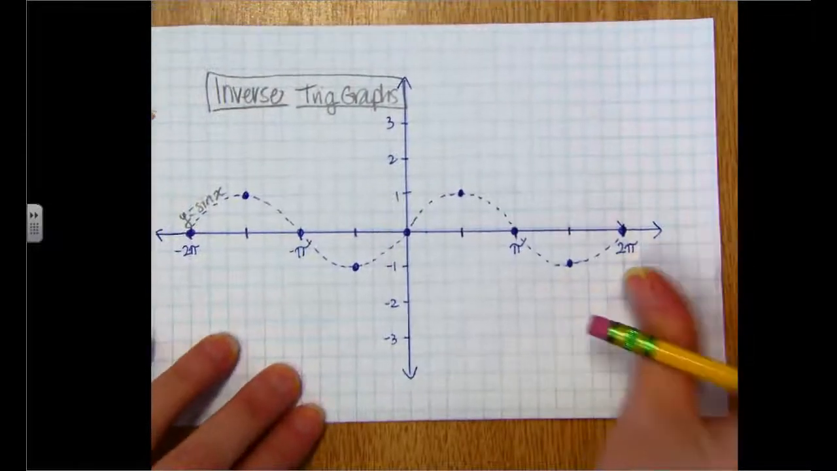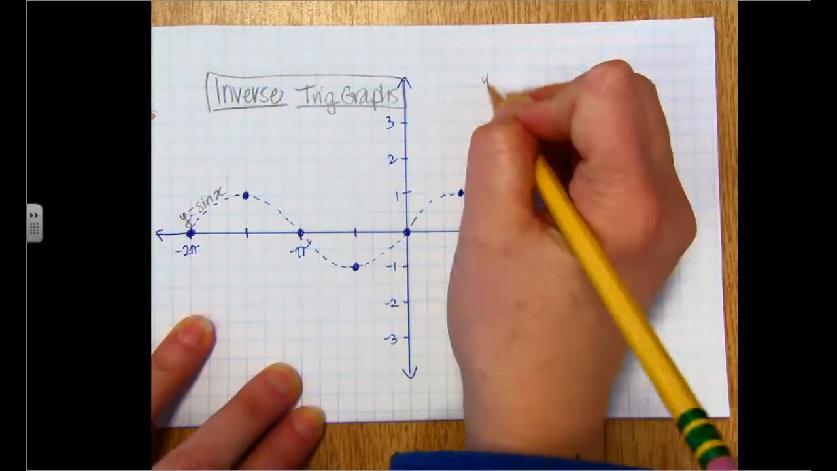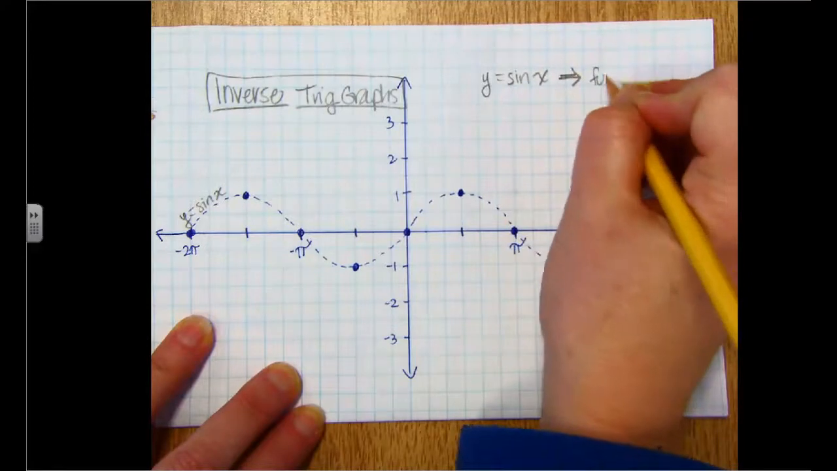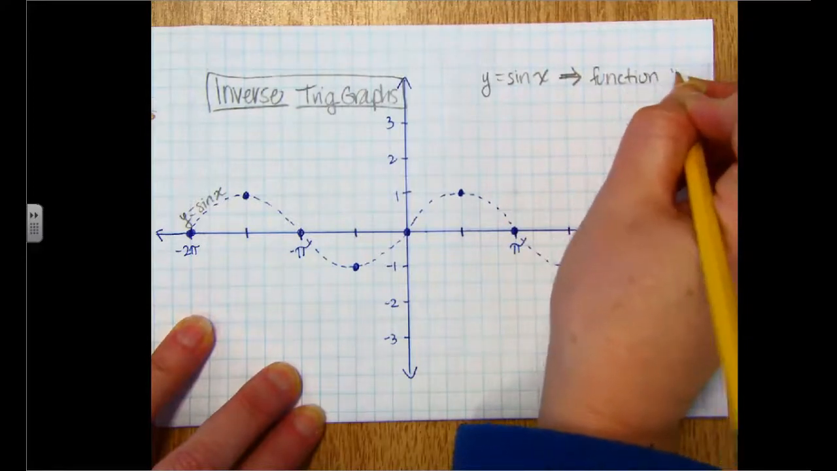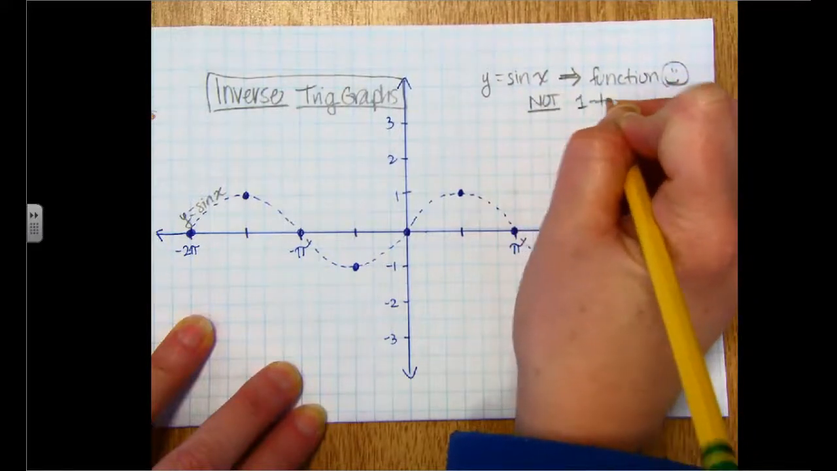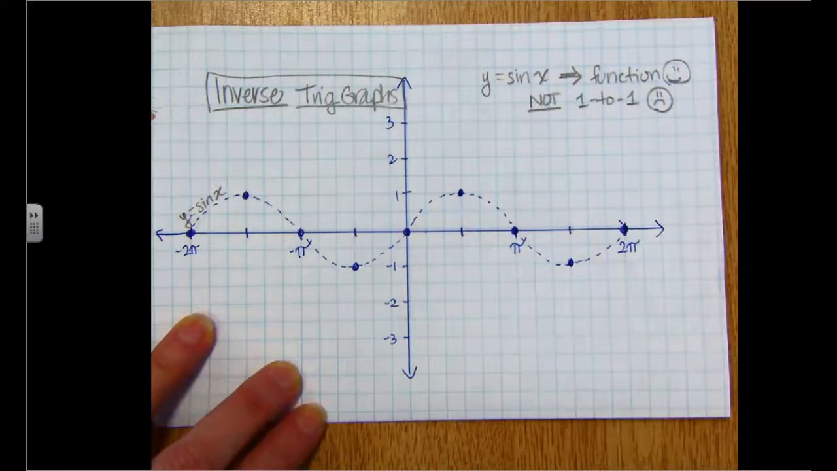Okay, so going back to our parent, sine x, again, this is why you grabbed graph paper, so you can graph that first. If you look at it, it certainly is a function. It passes the vertical line test, but it fails the horizontal line test. It is not a one-to-one function. So what we need to do is imagine erasing or ignoring a good chunk of this graph in order to